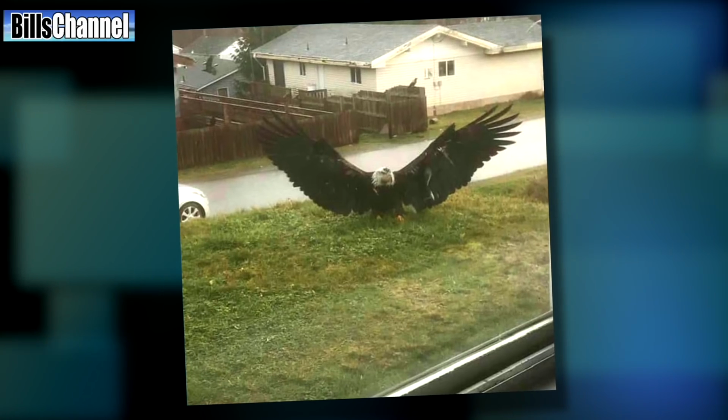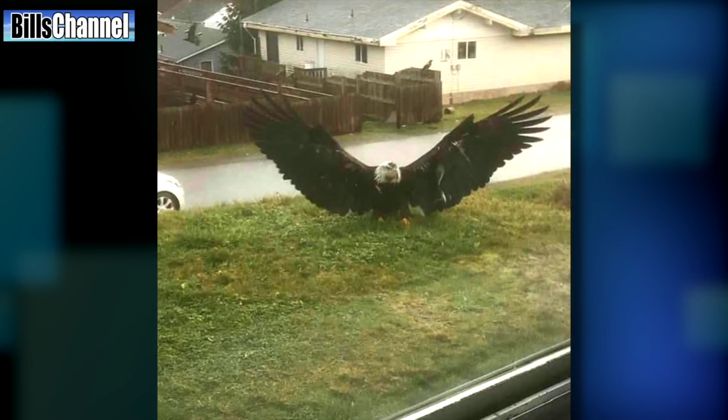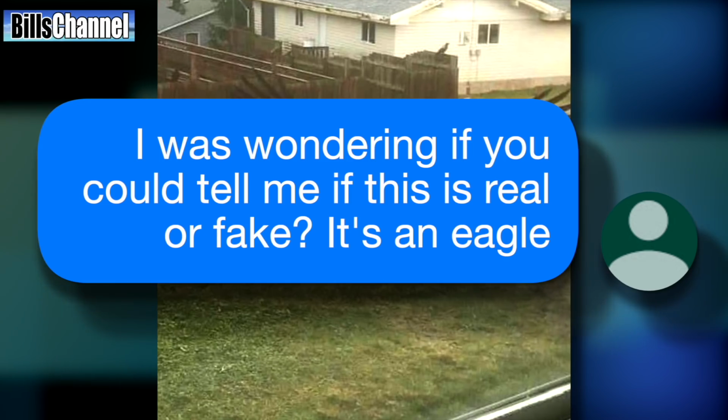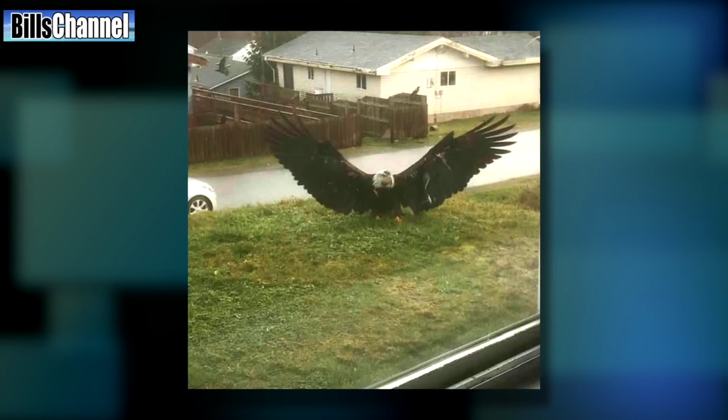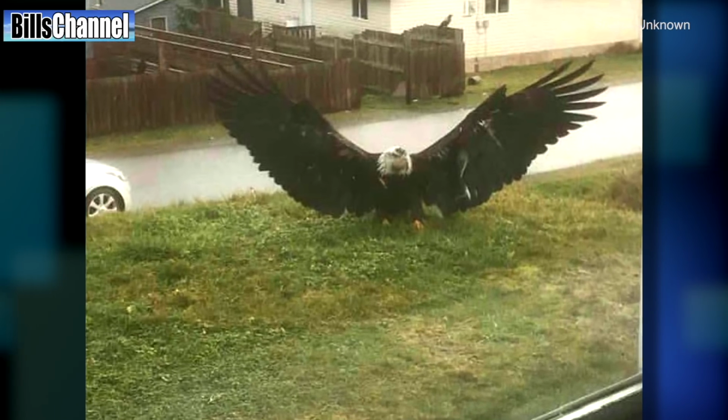Our next picture is this shocking snapshot. It was sent in by Kenny Spencer, who wrote, "I was wondering if you could tell me if this is real or fake. It's an eagle." Kenny, that thing is so big, it looks more like Mothman than an eagle to me, so let's check it out. From the looks of it, somebody saw this outside their bedroom window and was quick enough to grab a